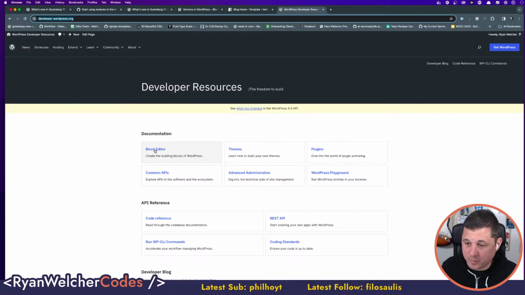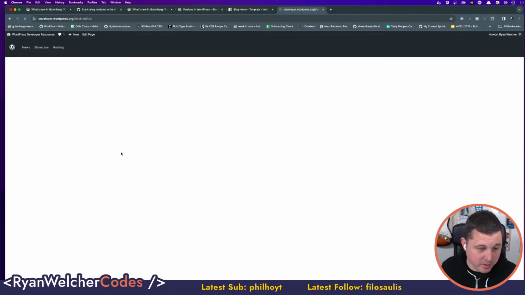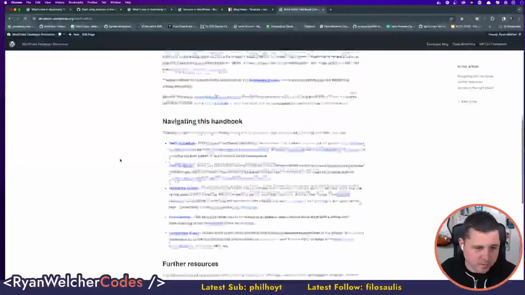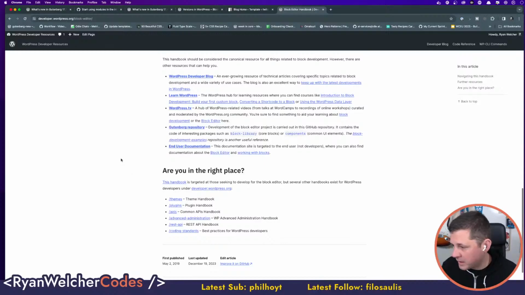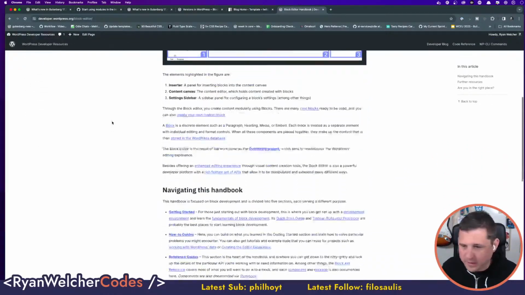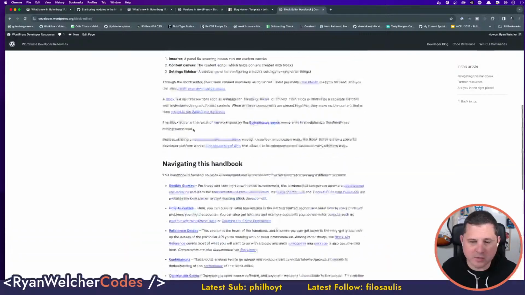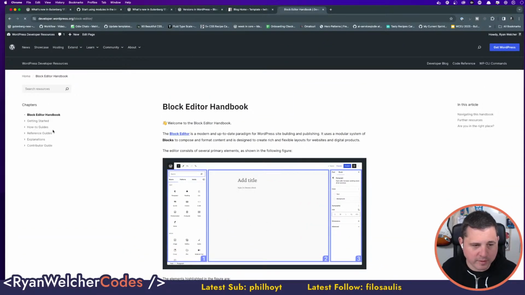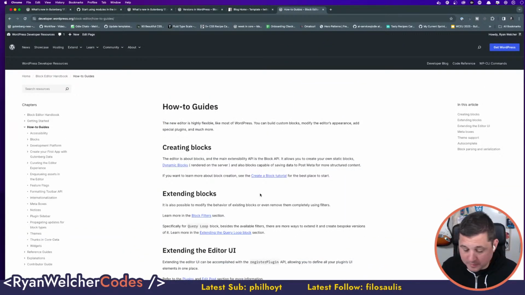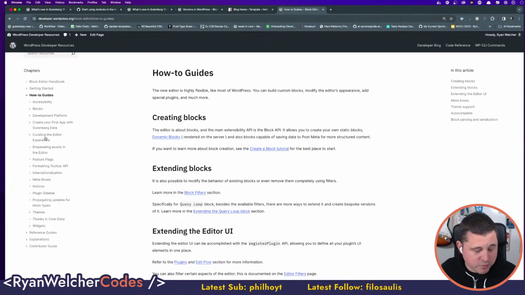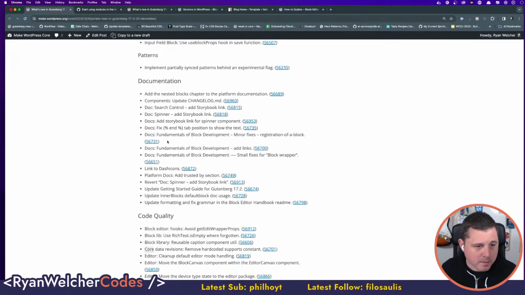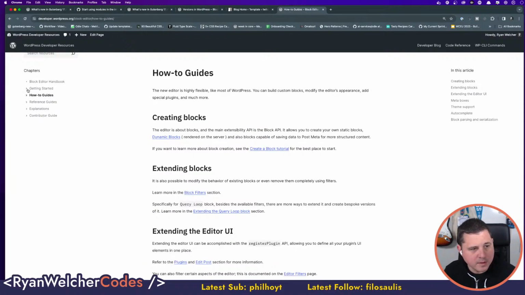It was not a small undertaking. It was pretty awesome. You can see the content's being updated as well, and now we have a much better layout. If you notice over here on the right hand side, there's this sticky navigation, which is very, very cool, because I don't know if anyone remembers the old one, but it was really hard to find what you were looking for. A lot of the fundamentals of block development, you'll see that a lot. It's in the getting started section.